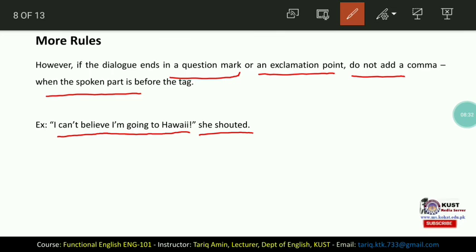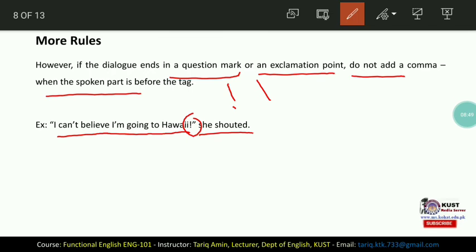Now we can see that this sentence ends in an exclamation mark. This mark can be seen inside the sentence.